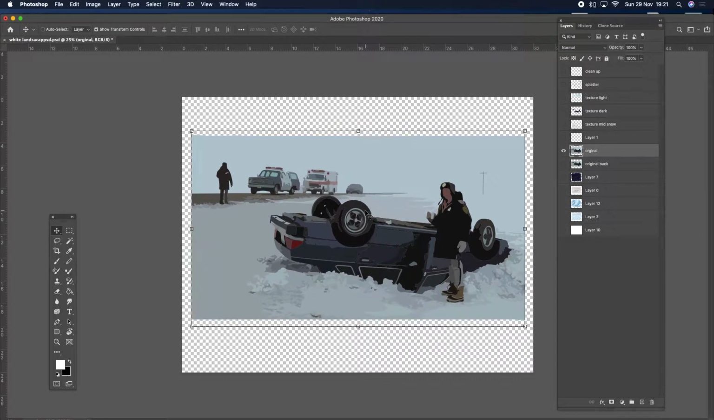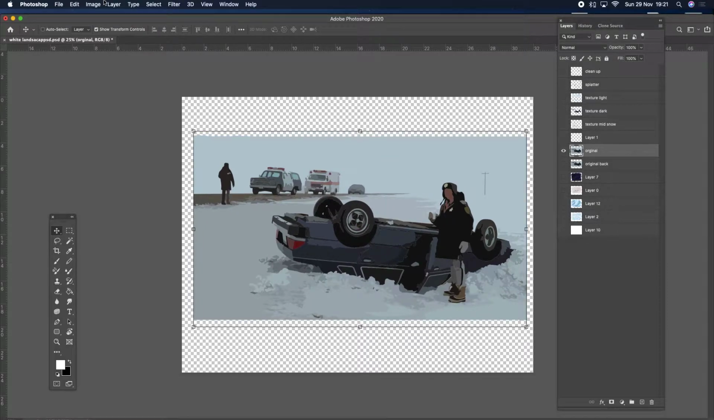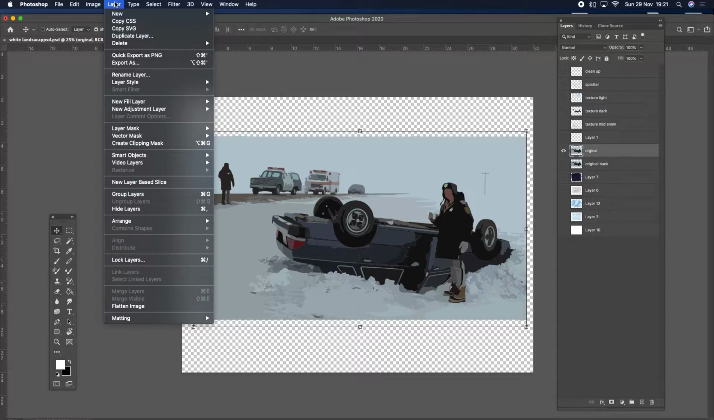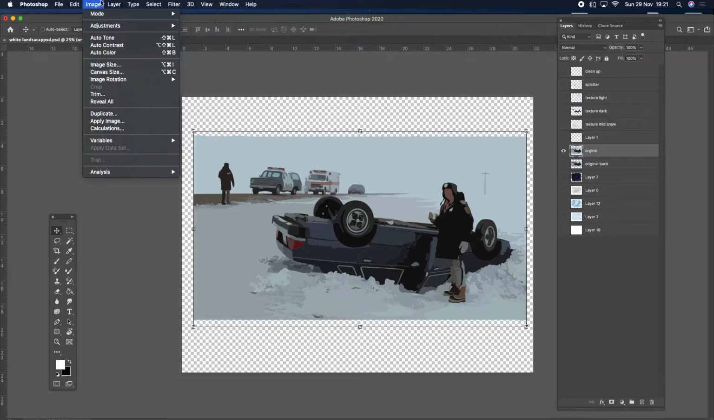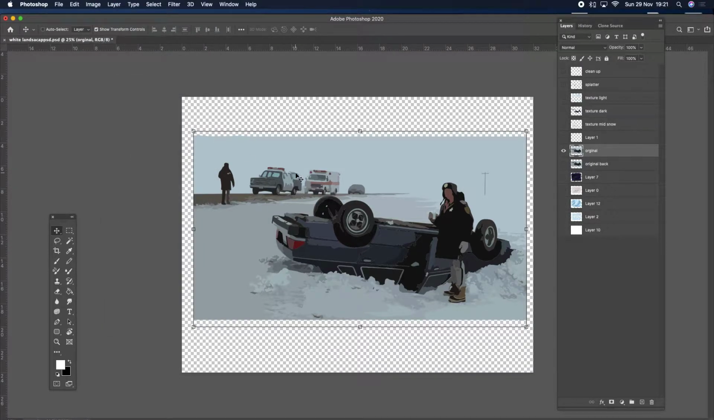You could save it as a JPEG if you wanted to, or exported it and then opened it, but I've just dragged it or copied it over. So now it is in Photoshop. You might have to rasterize the layer though for this to work. So to do that, you just go to Layer and Rasterize. I have rasterized it already, but then it's ready to kind of